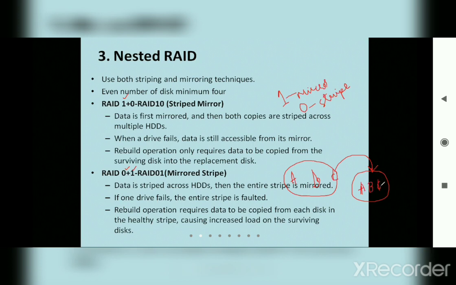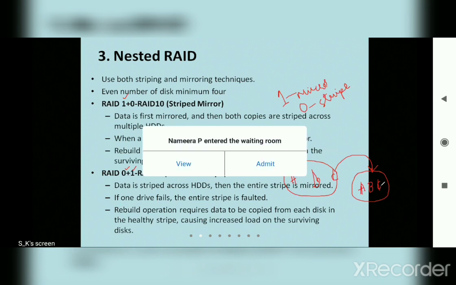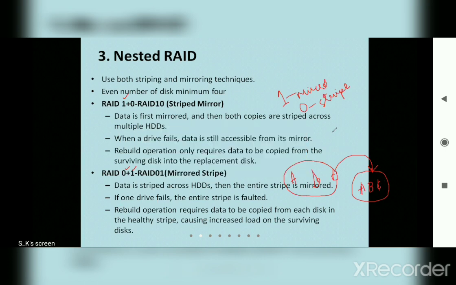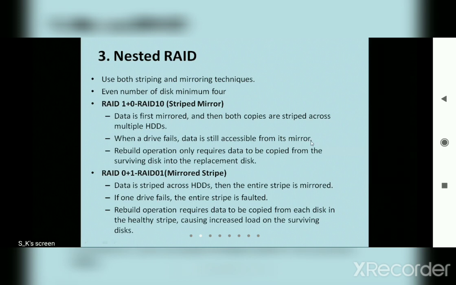Now, what are the benefits and the problem of having this? You are having multiple copies, then you are storing them. But in this case, even if one single disk fails, please remember, even one single disk failing means this entire stripe will fail. So the data is being corrupted, and if it gets corrupted, then you are unable to get that data. We'll see through the diagrammatic representation, then you'll get to know it.